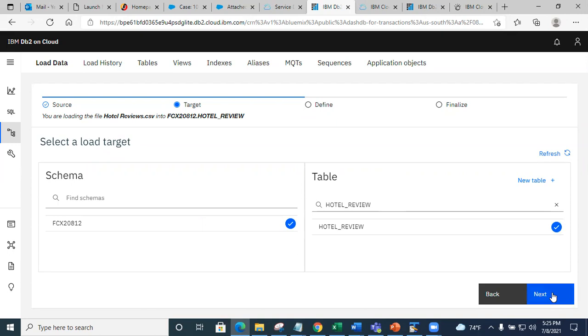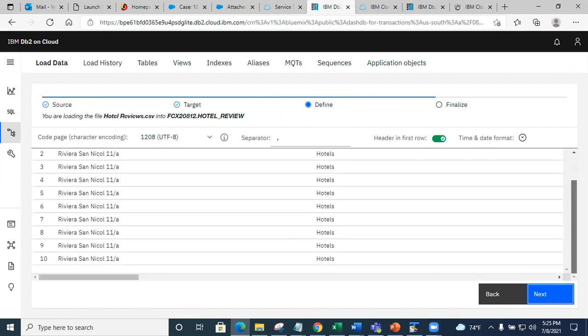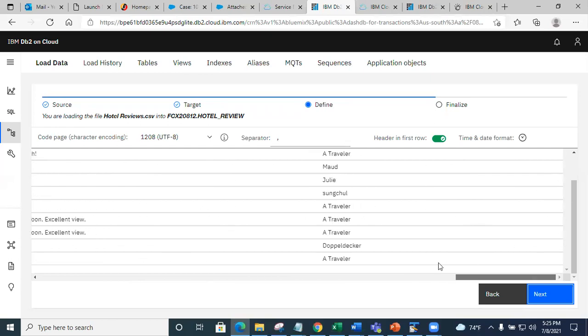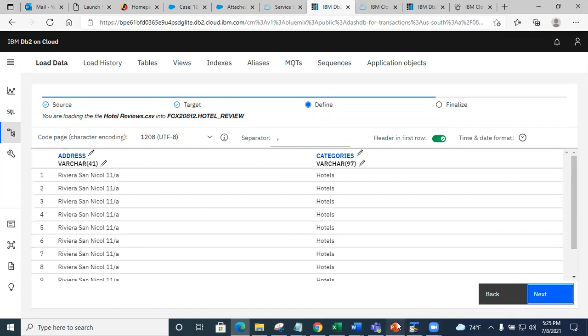But please pay close attention, right? So this is the same screen, right? This is the same screen where I see all my fields, right? And I should see all my fields and etc. Okay. Those are the fields in the hotel review table, all right? And the reason I picked this data is because I wanted to show you the missing values concept.